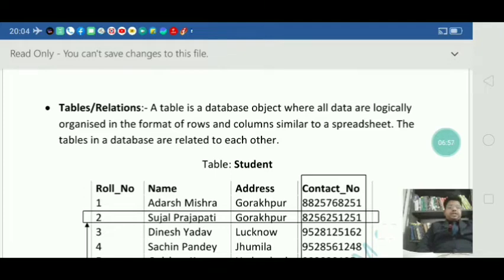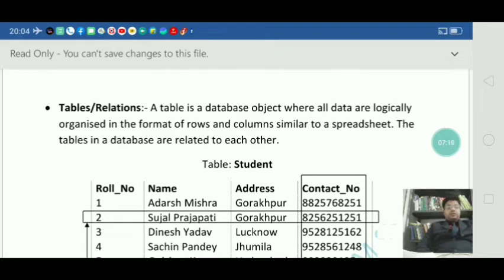And the tables in a database are related to each other. All the tables, all the relations that we create, should relate to each other. Why do we link all those tables?